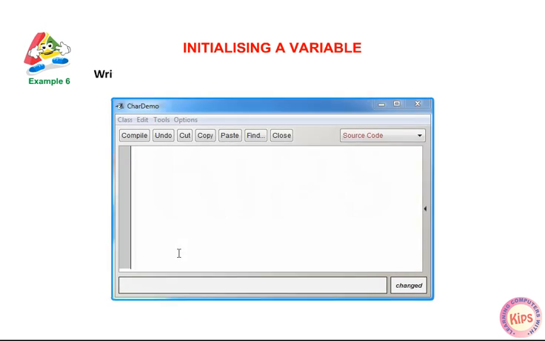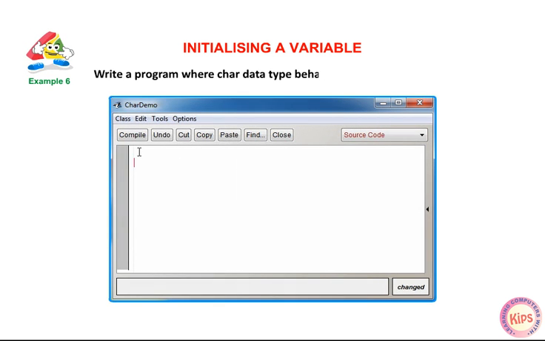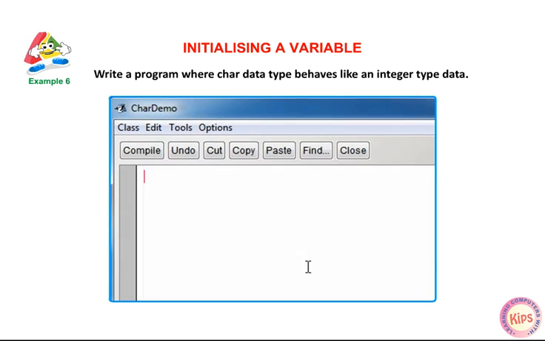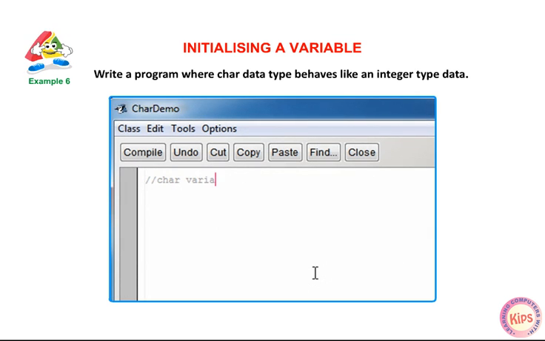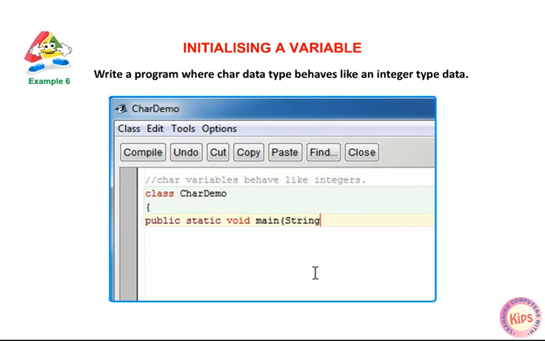Example 6. Write a program where character data type behaves like an integer type data. // Character variables behave like integers. class CharacterDemo { public static void main(String arg[]) {